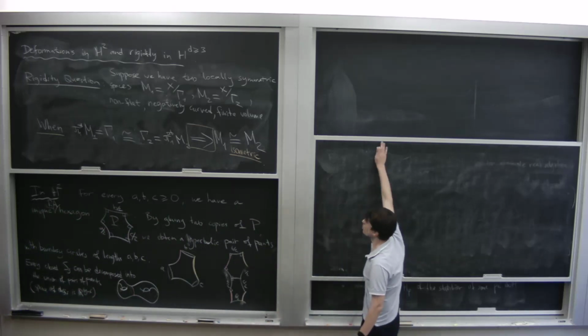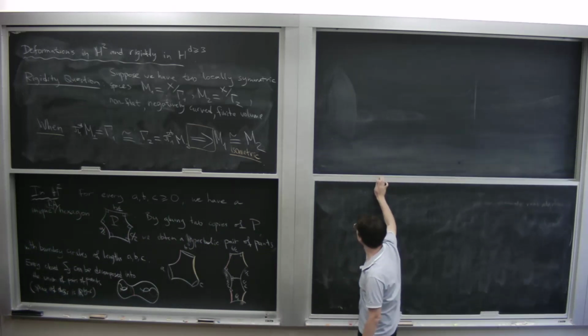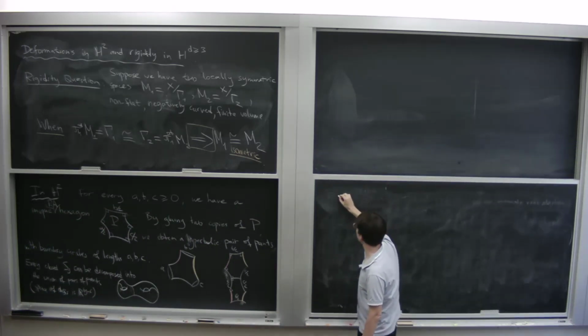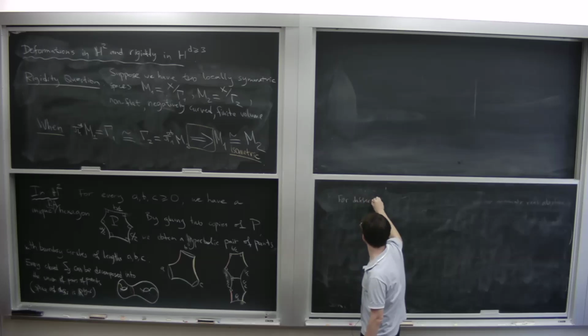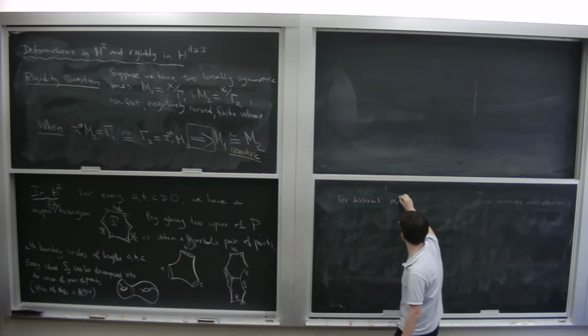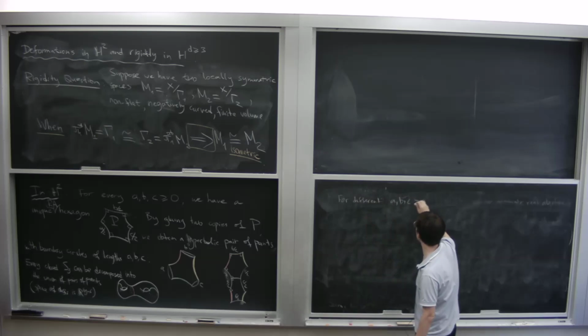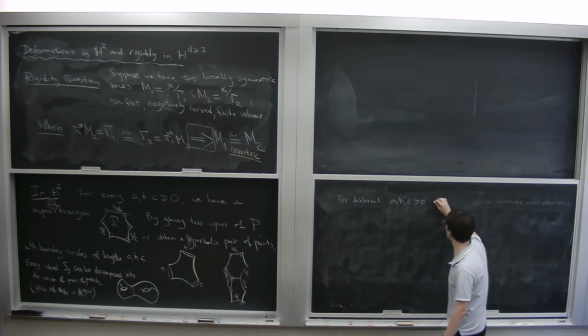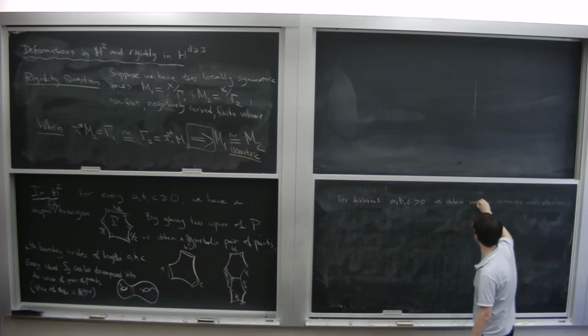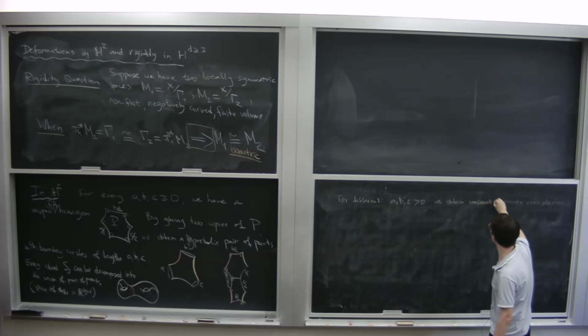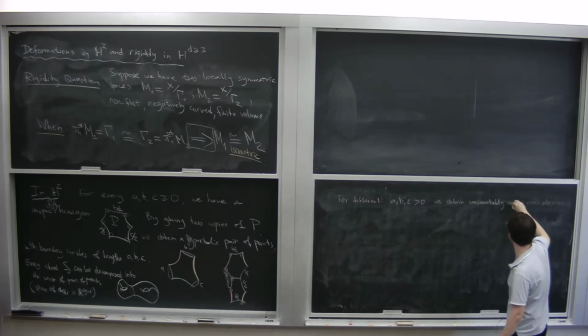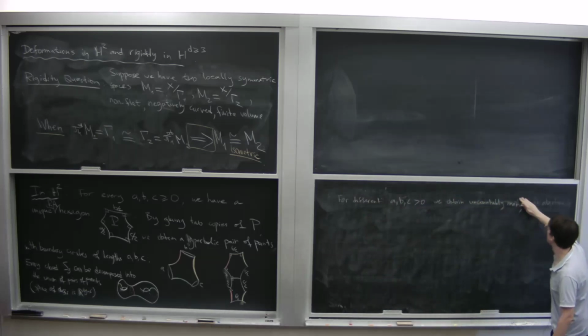So in fact, what I want to say is that for different A, B, C positive, we obtain uncountably many